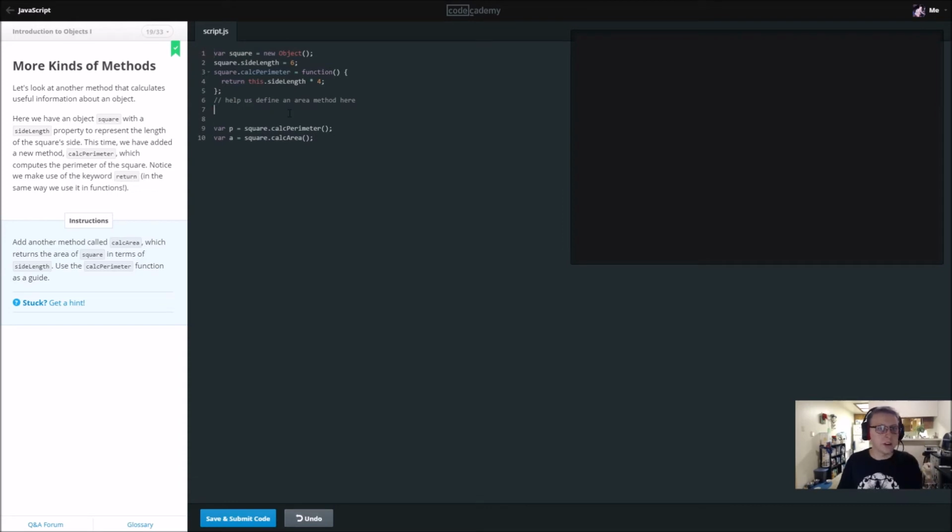Alright, so help us define an area method here. If you remember how to get the area of a square or a rectangle, it's just length times width. So that's basically what we need to write. So we want to add another method, so var calcArea, and calcArea is going to be equal to a function which returns the area of a square in terms of side length. In the case of a square, we only need one parameter because all sides are equal. So we're going to have something called side length,